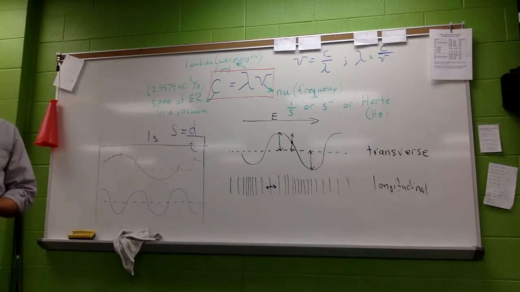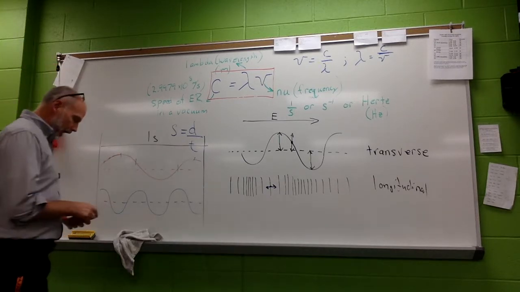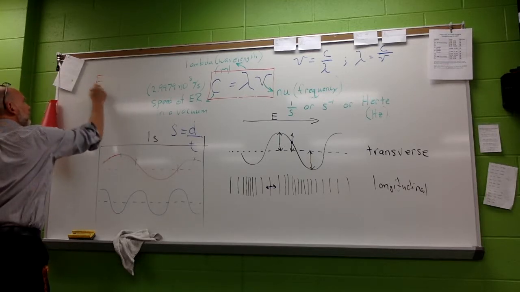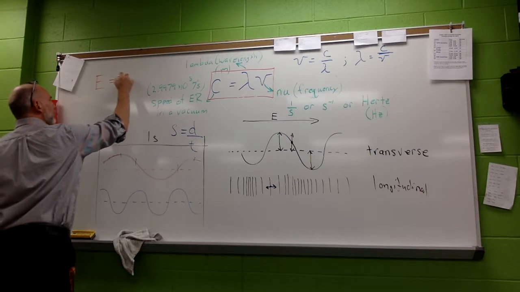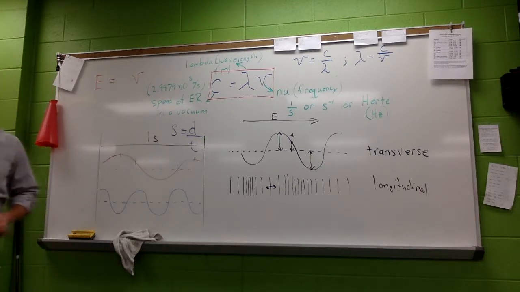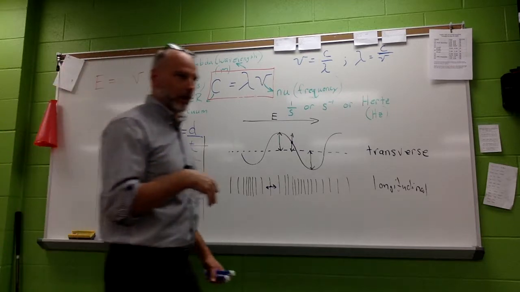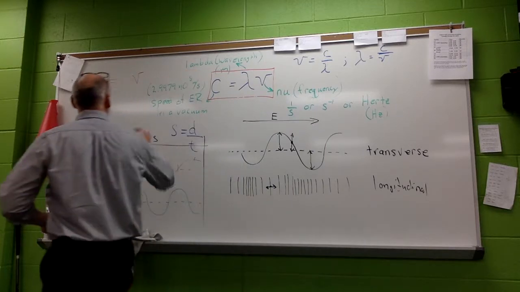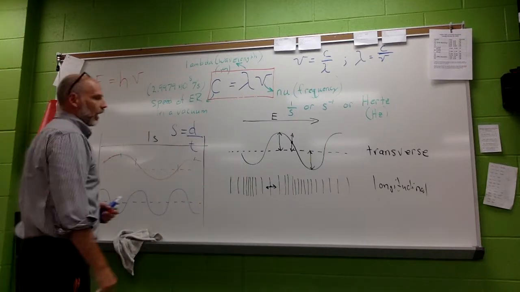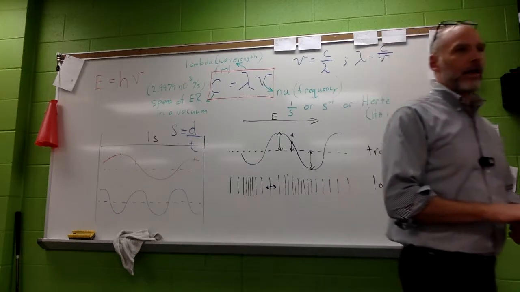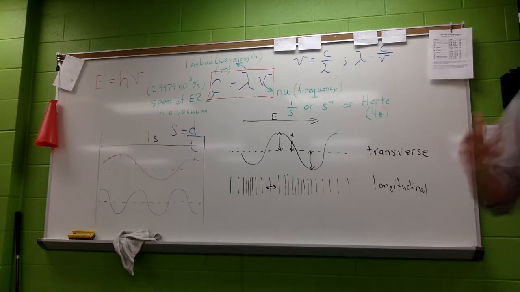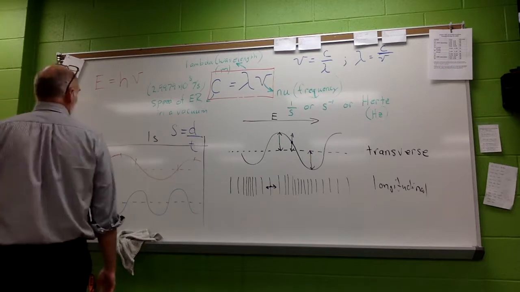There's also a constant when we show the relationship between energy and frequency. I left it out for a second, but I just wanted to show you the direct relationship between energy and frequency. And then there is a constant that I'm going to throw in there. That constant is indicated with a letter H. I can't remember if this is in your reading or not. Does anyone remember seeing this equation? I think it's in there, but you probably skipped right over it because you had no idea what it meant.